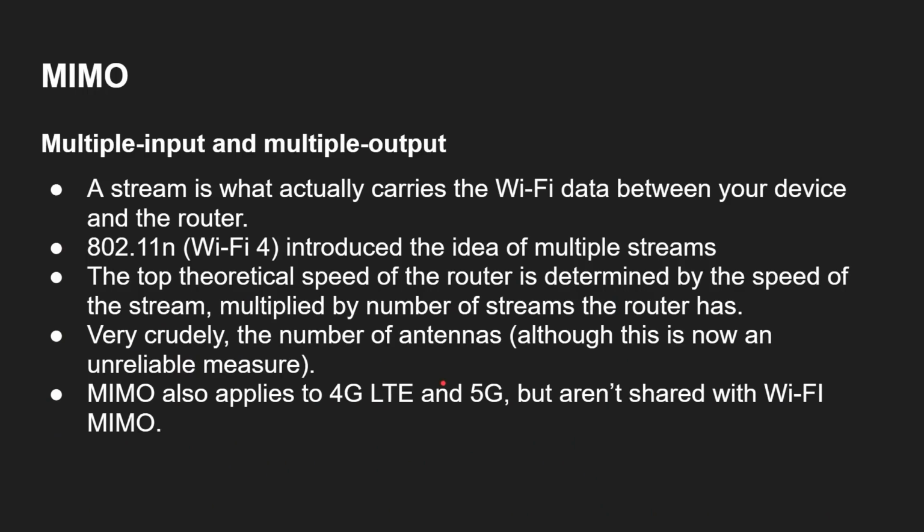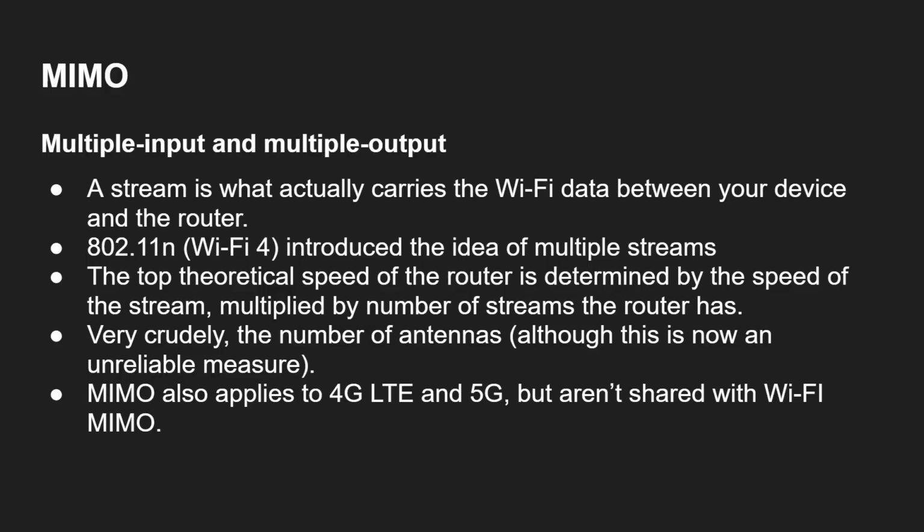Now let's quickly touch on MIMO. How do you pronounce that? MIMO. Multiple in and multiple output. A stream is what actually carries the Wi-Fi data between your device and your router. Now, in Wi-Fi 4, we had the idea of multiple streams. So really 2 radios being used at the same time to split your data into 2 paths and send one of it down one channel and one of it down another